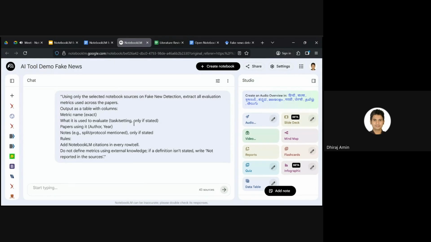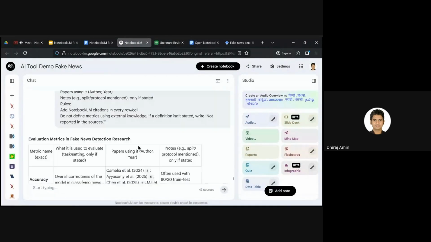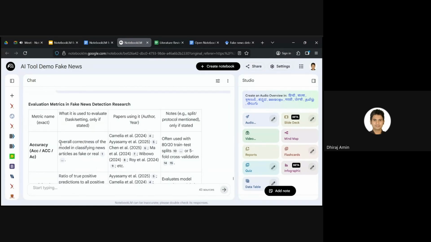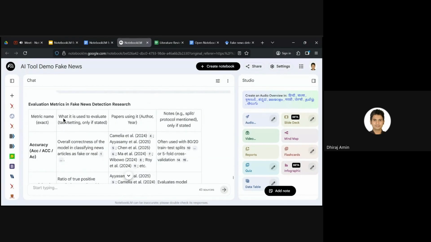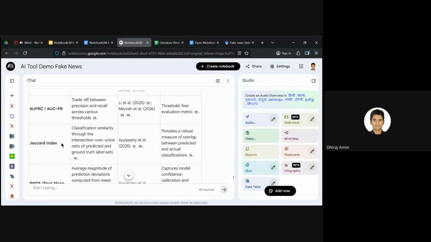So if anyone is doing from non-computer IT domain, can you tell me what are the metrics for your research? If you are not able to share the screen, you can speak out or you can put it in the chat. Okay. So you can see these are the metrics for my research: accuracy, precision, recall, F1 score, AUROC, Jaccard index,